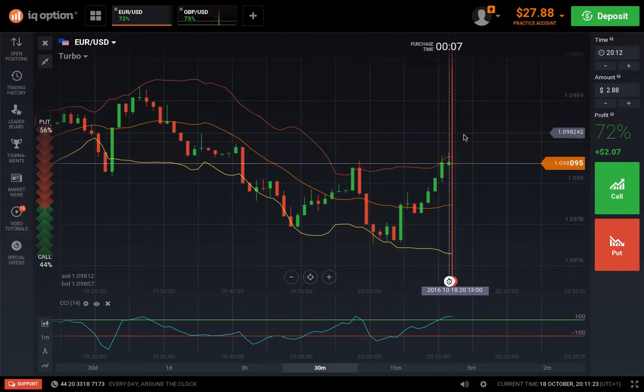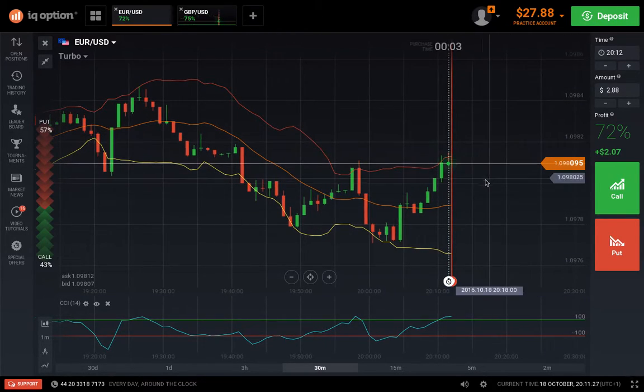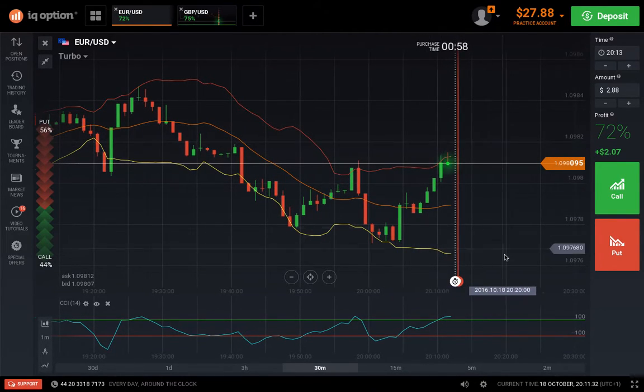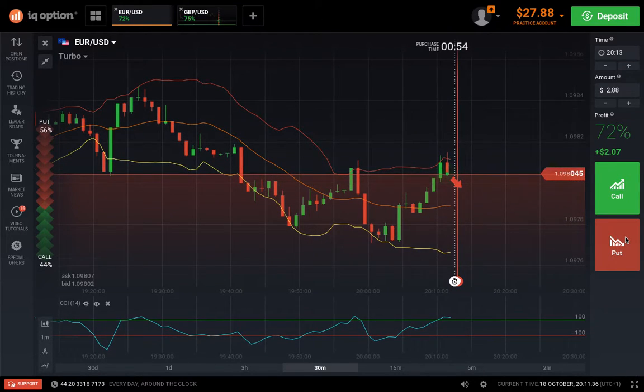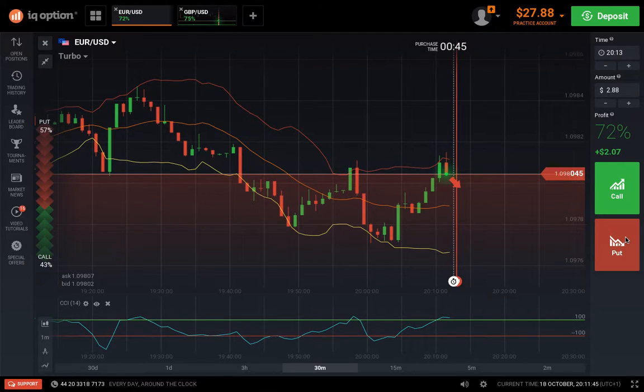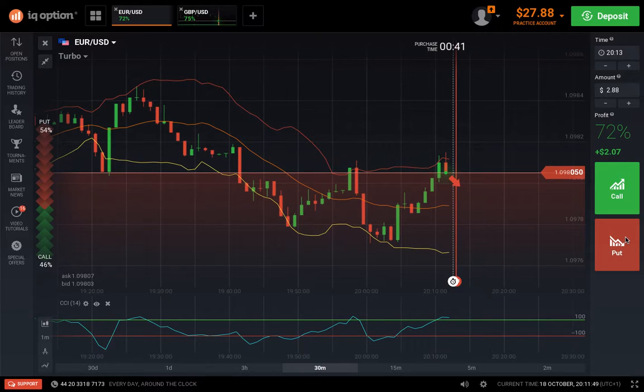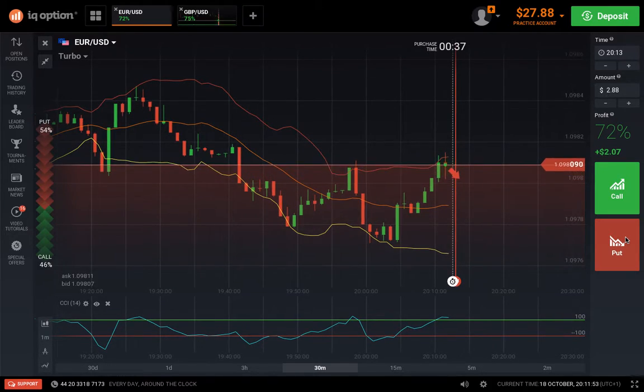I'm going to explain in a second using my trading history, but I'm just going to keep an eye on this in the meantime to see if I can get in on a trade here, because I believe there'll be a trend reversal. Hopefully this goes up due to a little bit of market testing, and then we can get in on a put if it does. If not, then we're going to be out of this trend reversal, because I don't feel confident placing a trade now. Okay, so